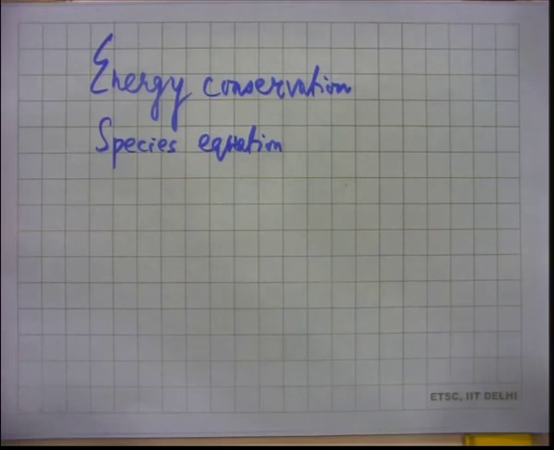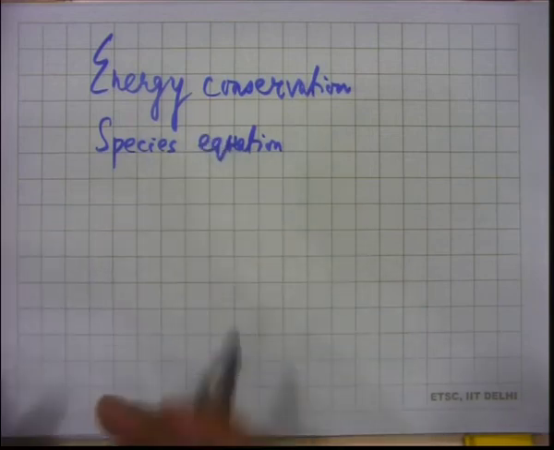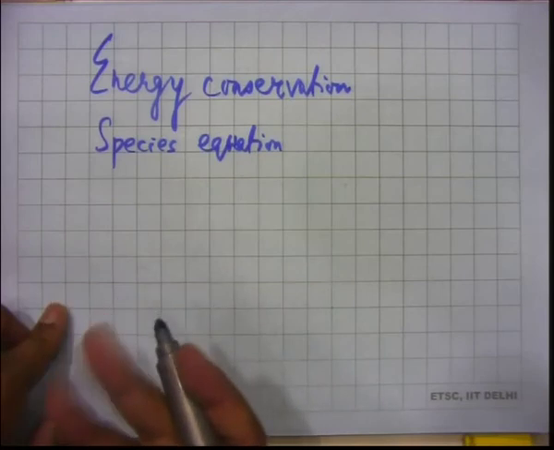Minimum species can be 3, as I said, fuel, oxidizer, products in a very simplified sense. In the simplest possible case, fuel and oxidizer react in one step, giving you just something which we call products. That's all. That's the simplest thing that we can do. Even then you need 3 species equations. You need species equations, you need energy conservation, and since we are talking about gases, obviously we can bring in the ideal